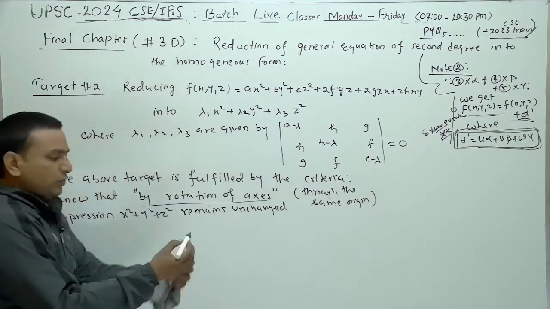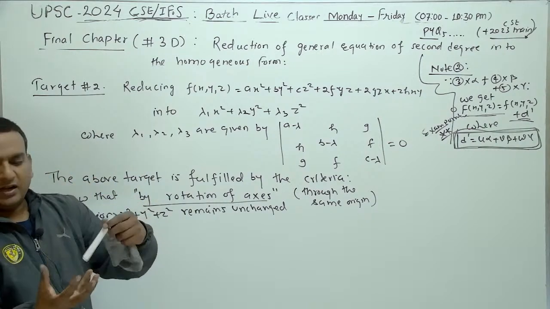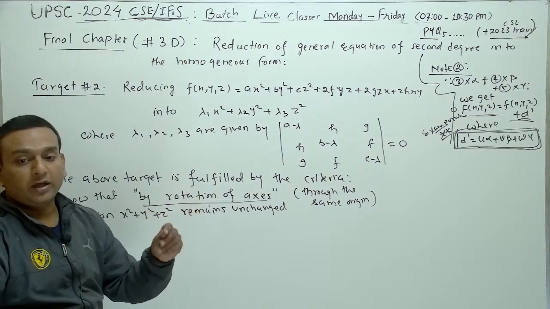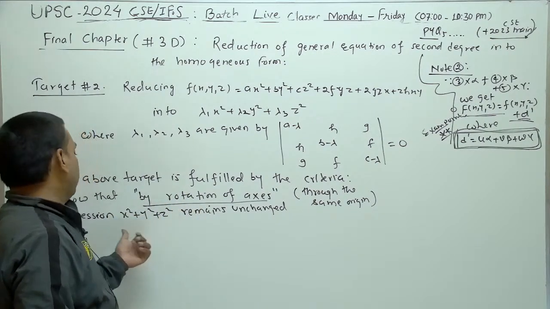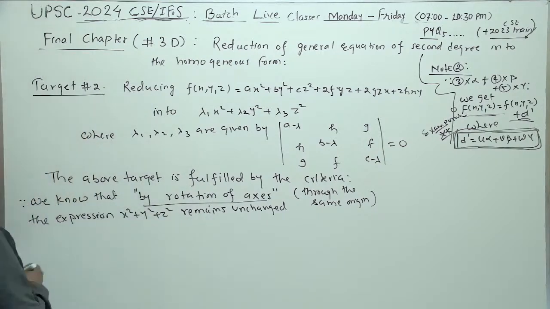What does it say? Suppose that x, y, z are like this. You rotate those axes, and now you are talking about it. After rotation of axis, the expression cannot be changed. So for rotation,